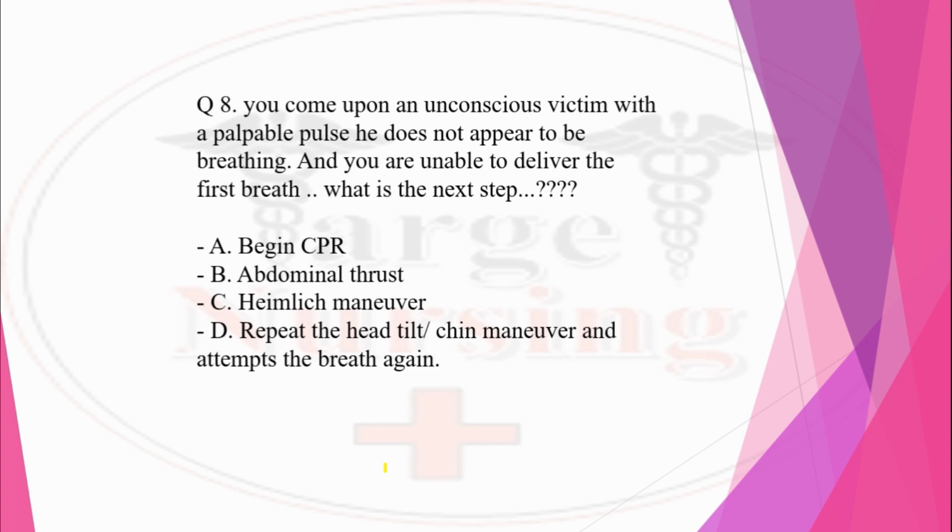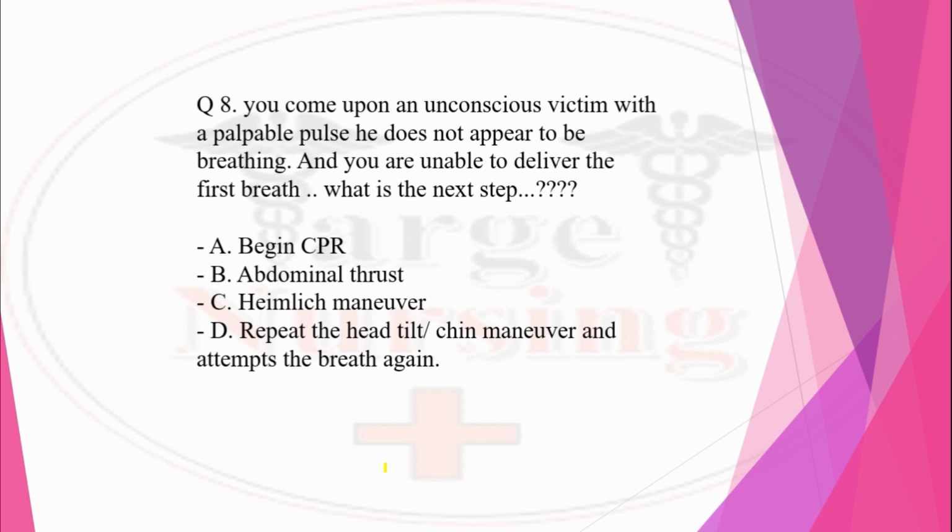There is nothing stuck in his throat that we can remove. ठीक है, अभी वो अनकॉन्शियस विक्टिम है और उसकी पाल्पेबल पल्स है. हेमलिच मैनुअल एक फर्स्ट एड प्रोसीजर होता है. इसमें जो पर्सन का विंड पाइप है, उसके ऑब्स्ट्रक्शंस को स्ट्रॉन्ग प्रेशर अप्लाई करके एब्डोमिनल में, उससे हम निकाल सकते हैं. बट यहाँ पर्सन को palpable pulse तो है